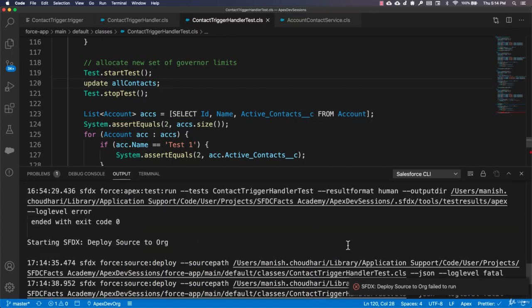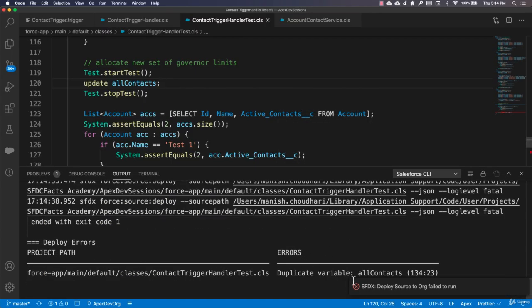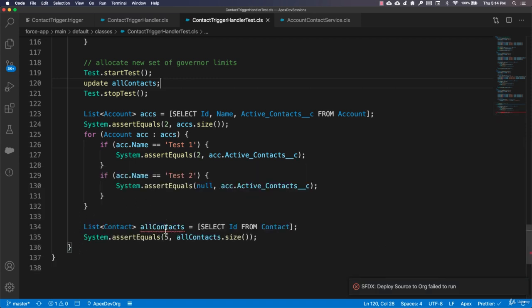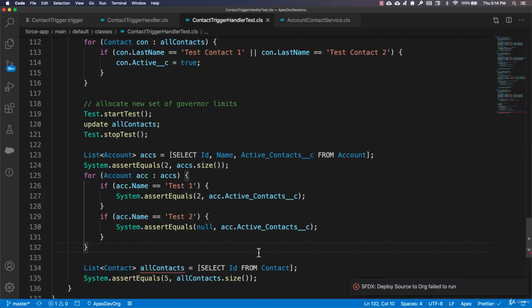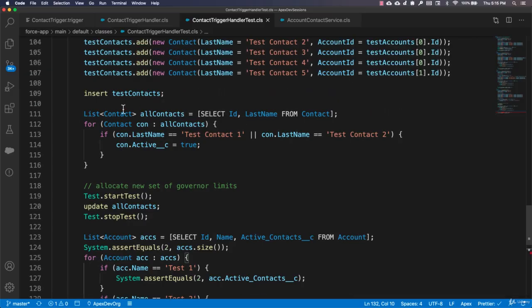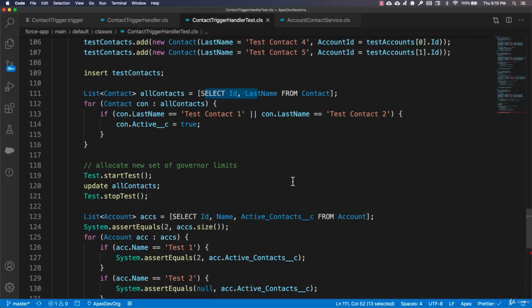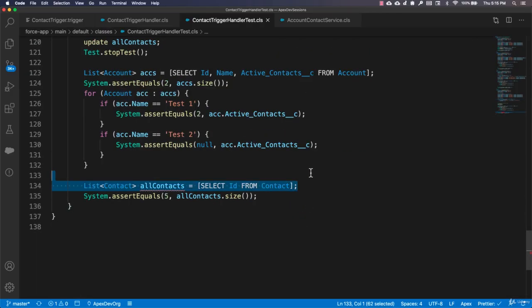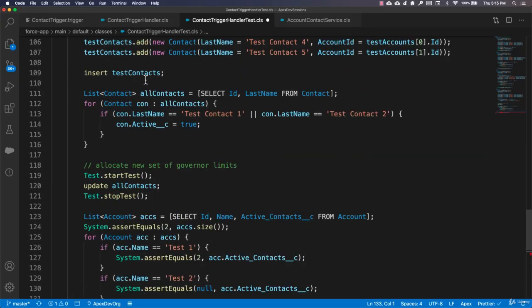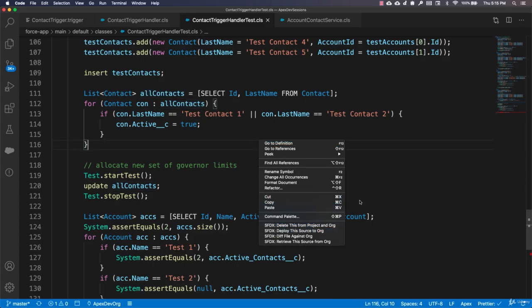There's some error in our class. Let's see what it is. Duplicate variable. Okay, on line number 134. Oh yeah, actually we have already written this query somewhere on top, so we do not need to do that again. I'm going to remove it from here because we already know the result of this query here in this all contacts list. Let's deploy this one more time,